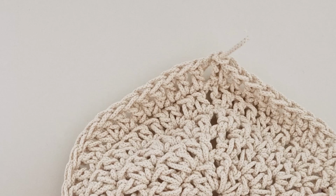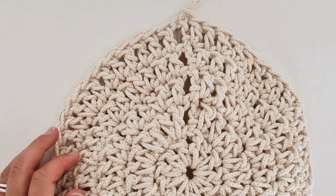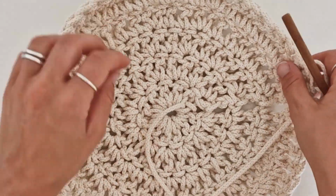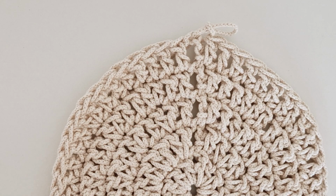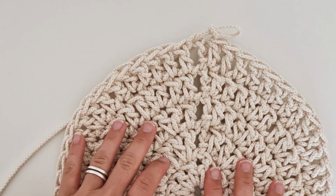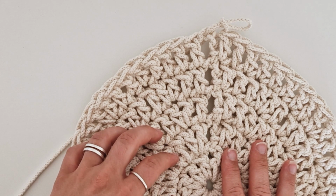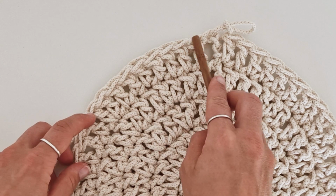So on this round you should have 54 loops or stitches, and you see it starts to go up a bit, which is good because we are now done with all the increases, so we will not grow this bag any more in size. So what we will do now for a couple of rounds is that we will crochet 1 double crochet in each,